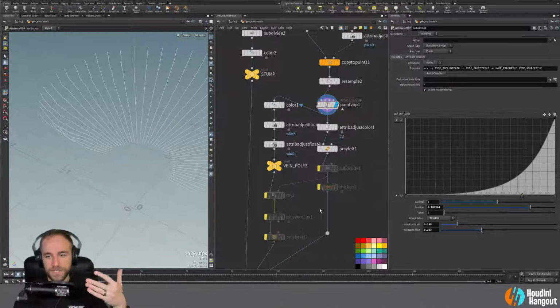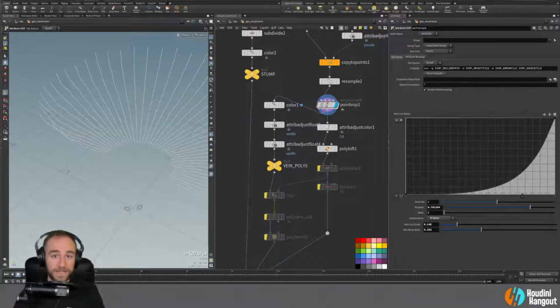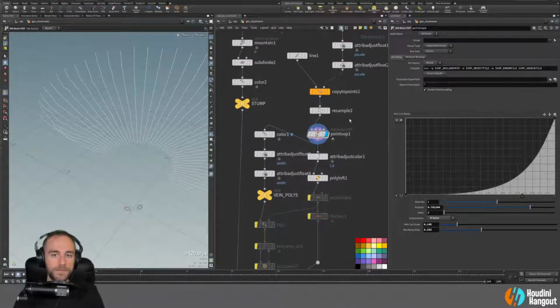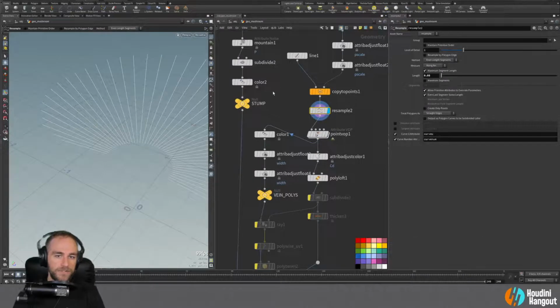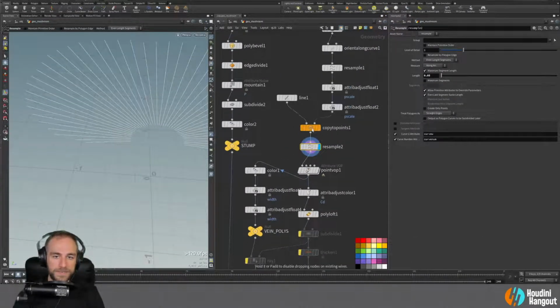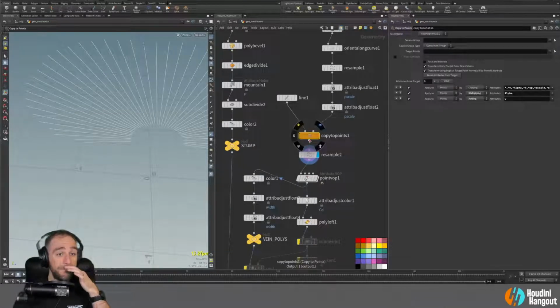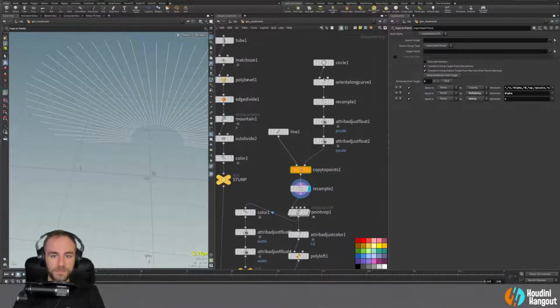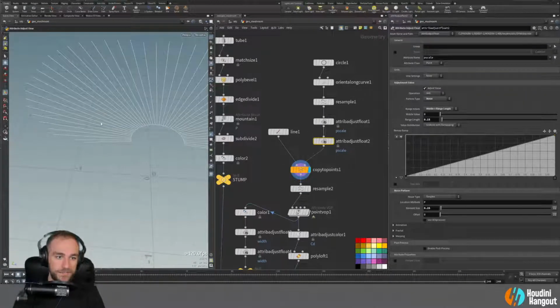We kind of want to use these base curves to do our animation on, because this is the root of where everything else is going. So for example, here's our resample. And what we could do up here is actually animate these when they get to this copy to point, because we have this p-scale attribute, right? So we could take this